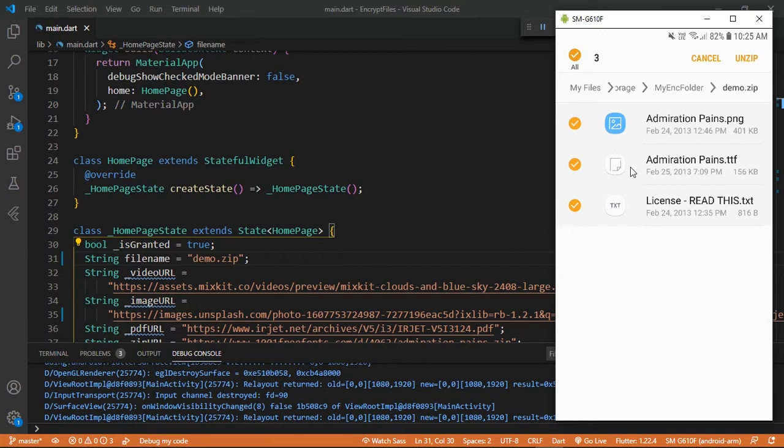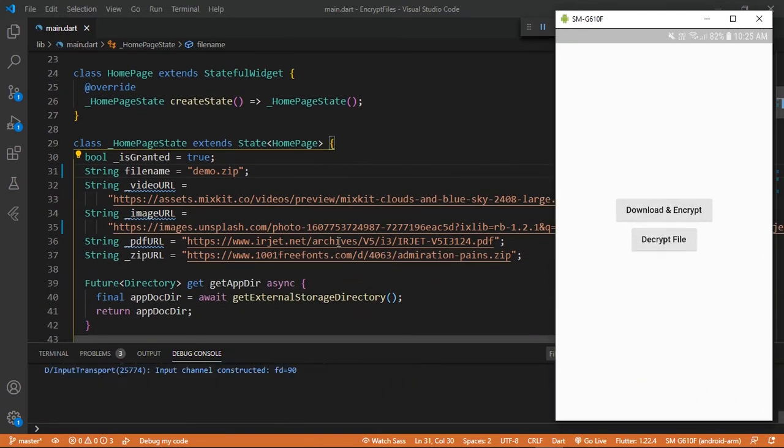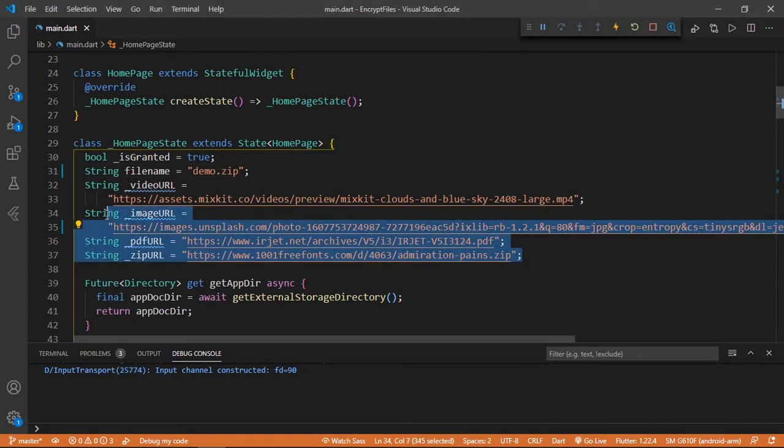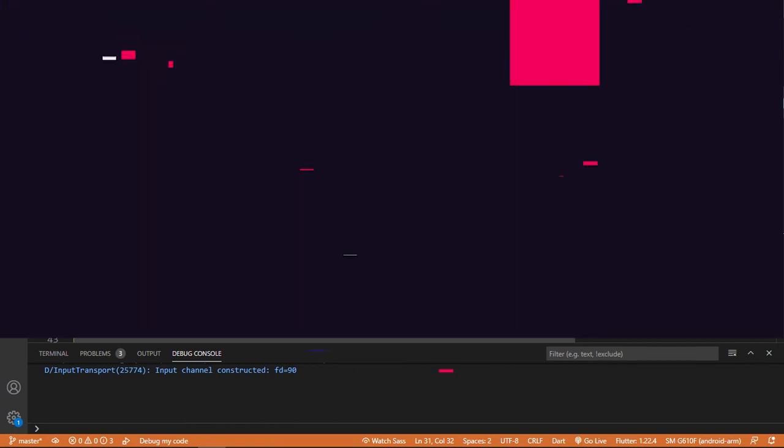So this is the demo of how you can encrypt and decrypt a file using Flutter encryption. This is the standard AES encryption which you saw in our previous encryption videos, which was the first video of our encryption video series, AES encryption. So now we will jump into the coding section, how I made this project and which dependencies are required to perform this type of operation, right? So let's jump into the coding section.